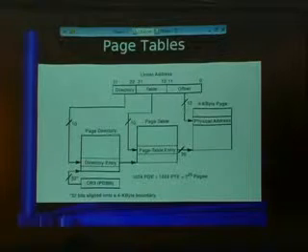So here are the page tables. This is basically the layout of how a virtual address, referred to in the Intel literature as a linear address, is translated into a physical address. For your given process, you have a value loaded into CR3 that points to the base of your page directory. The first 10 bits of your virtual address are used to index into that page directory, and then that is used to get to the page table directory, which